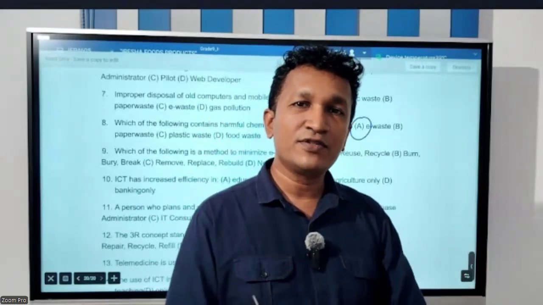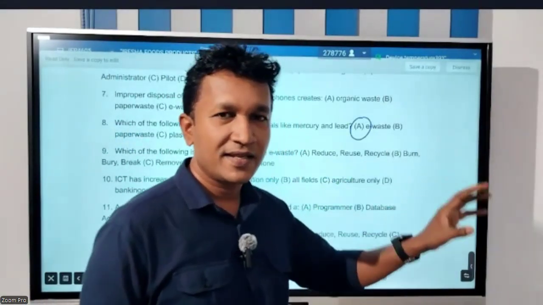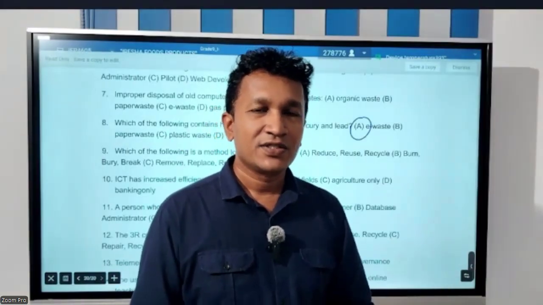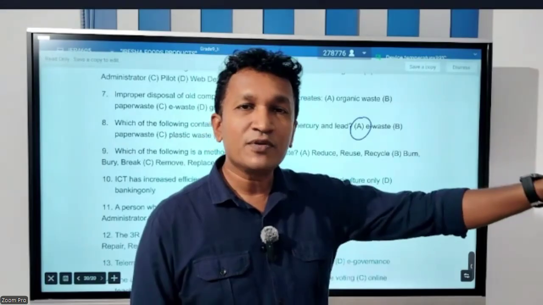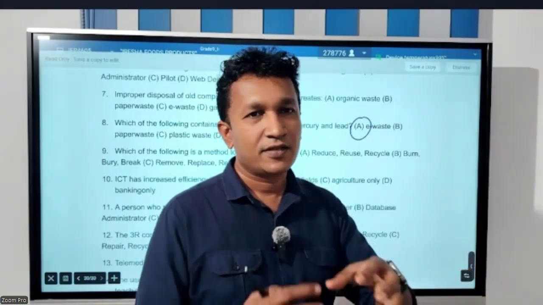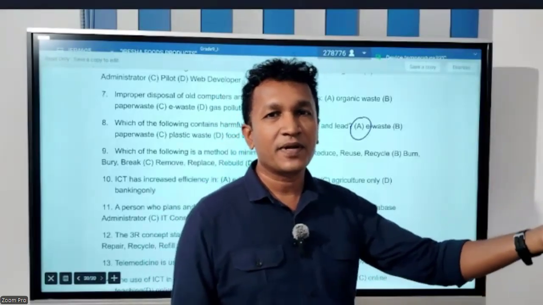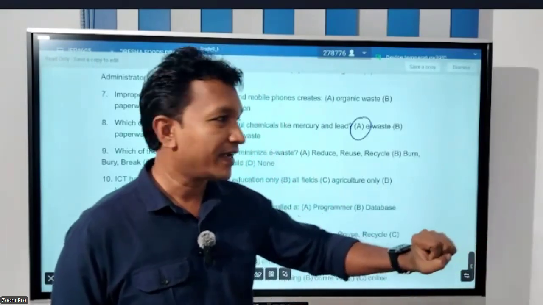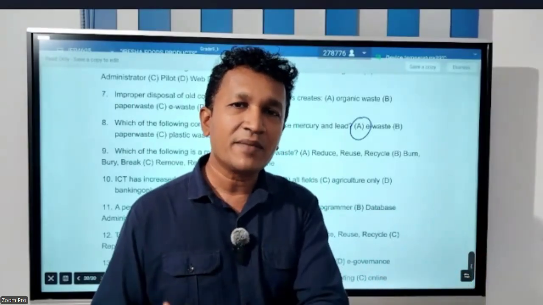But if we repair and reuse it, we can reduce e-waste. And finally, recycle. Recycle means we cannot use that, it is broken. We cannot repair that one, right? So there is no option other than recycling. We can give them to recycling points. So there are some recycle points. When there is a computer part, there are recycle places. We can hand over that equipment to that recycle point, right? So they will recycle those items and they will make another product.